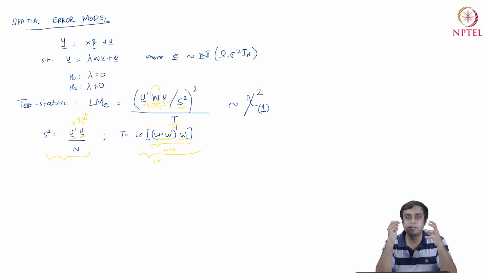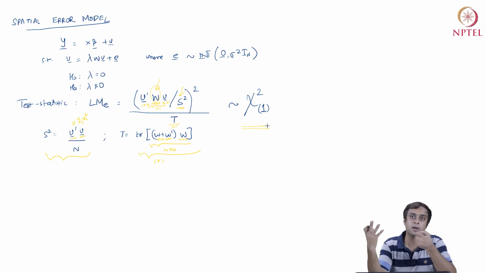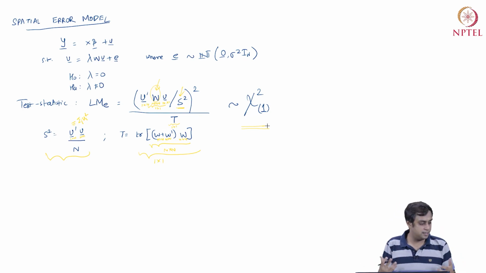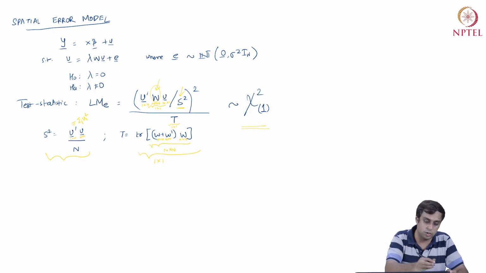And because ultimately I am comparing the variation or the variance in presence of weights and in absence of weights, the appropriate test statistic is a chi-squared statistic. If you have studied statistical inference before, you will know that even if you are comparing the variances of two different samples, you use a chi-squared statistic. So the Lagrange multiplier statistic is a very natural statistic to test the hypothesis of whether lambda is equal to 0 or not equal to 0.